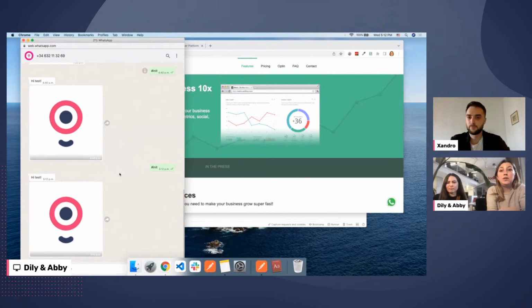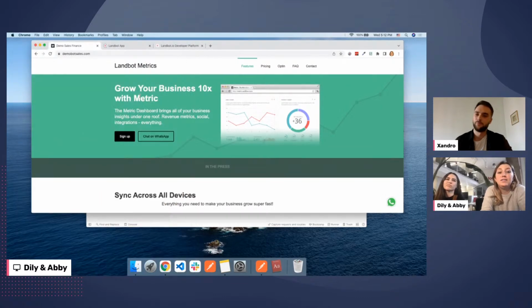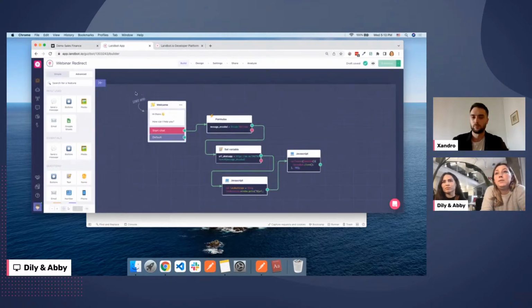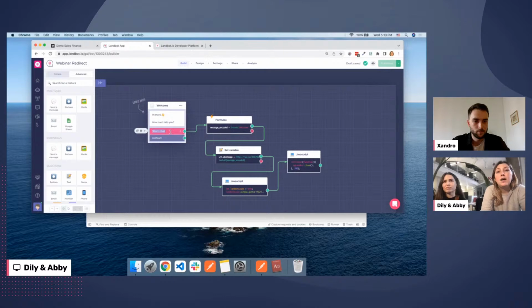So if we want, we can do the opt-in directly from the WhatsApp flow, since we'll already have their number and everything. But let me just show you how this works. So this is a template that's pre-built, and you can find it in the help docs. If you just search call to action WhatsApp, you'll find it, and you just need to copy and paste everything. But I'll show you how it works little by little. So this is the only part the user will see. It's the welcome message, and this is the button. This will be sent in the WhatsApp chat. So you can make it whatever you want, but it should be a button. You can change the text though.